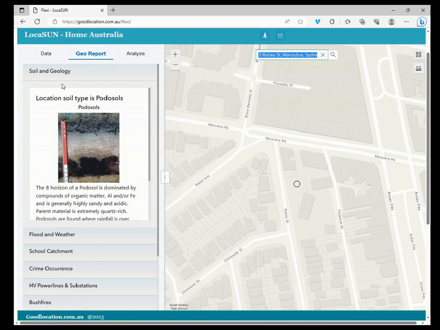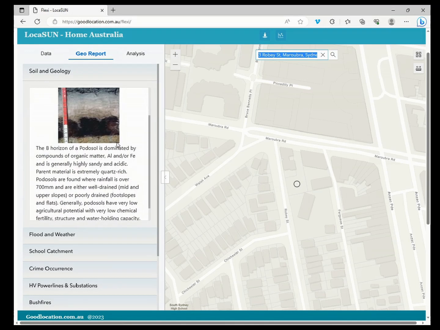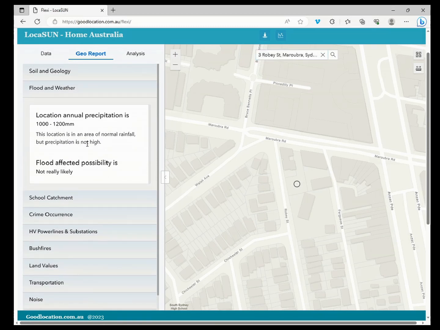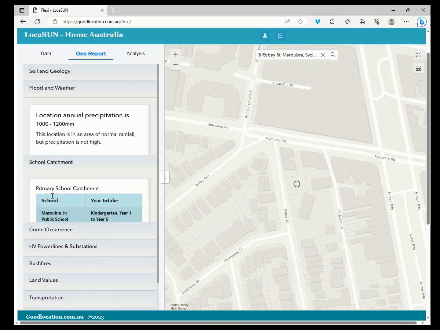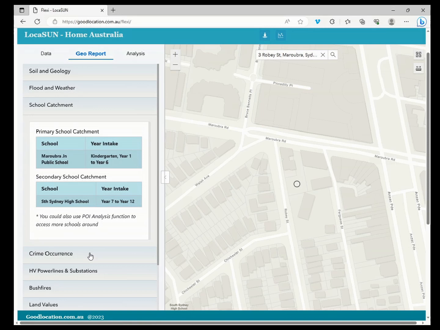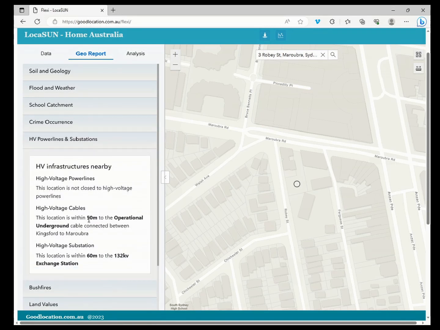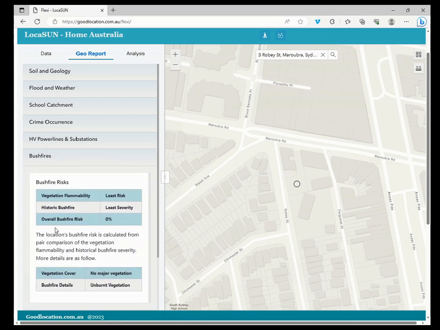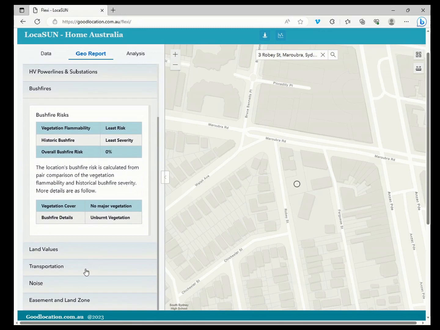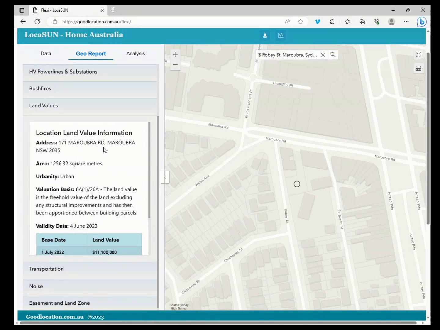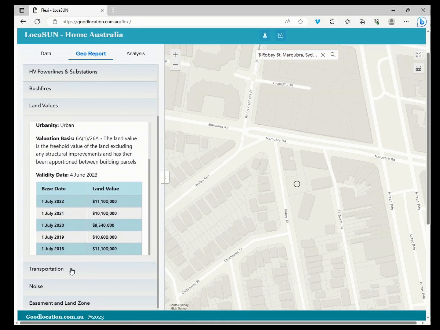Then on the left side you can see a variety of data topics including soil and geology, flooding and weather, and school district, and crime incidents, and high voltage grid and underground cables, bush fires and their risks, the land value information,